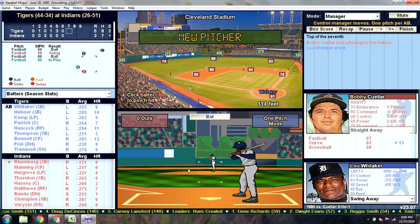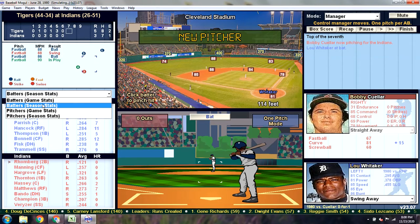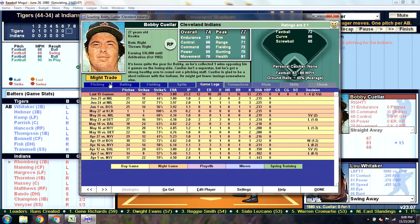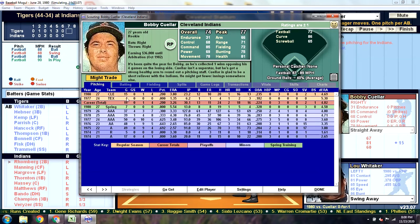So the Indians are going to bring in a new pitcher. We're going to go ahead and pull up the game stats for these final 3 innings so you can see how the game is progressing for each team. So they're bringing in Bobby Cuellar, and Cuellar's pitched in 15 games. He's 1-4, 3.80 ERA, pitching actually pretty effectively. He's got 2 saves,